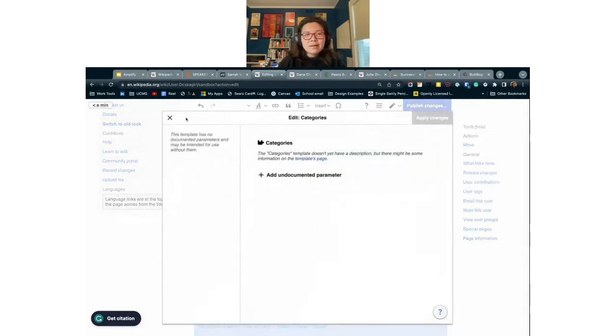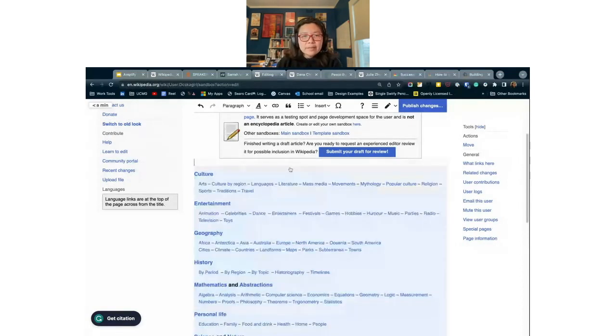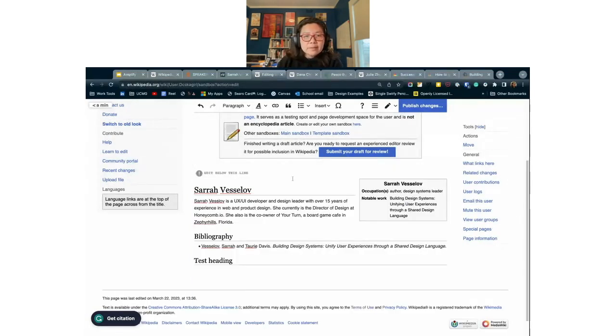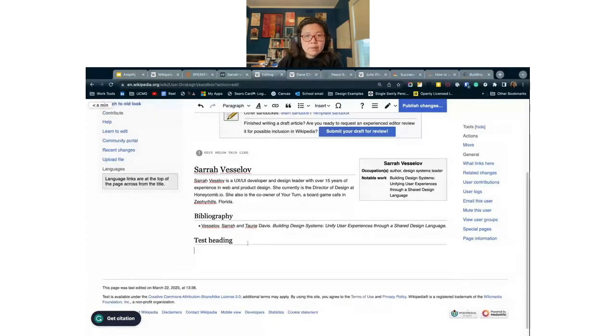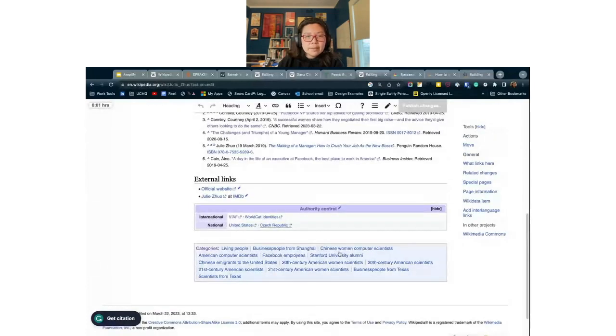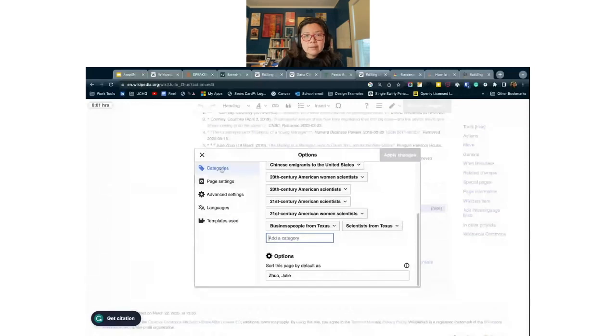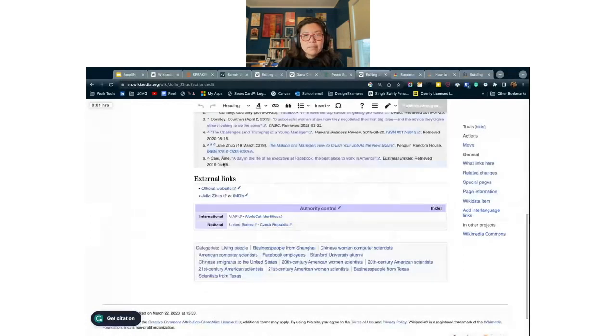So you can tell I'm not a pro, but I think the best thing to do, and this is why you work in a sandbox, is that sometimes I will look at an actual page that has a category and see what they have listed here. So categories, and I'll try to find that in Wikipedia.